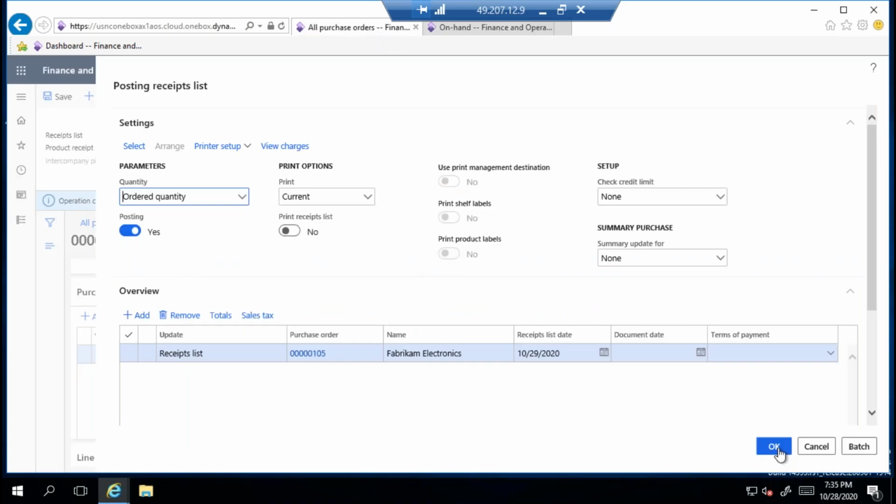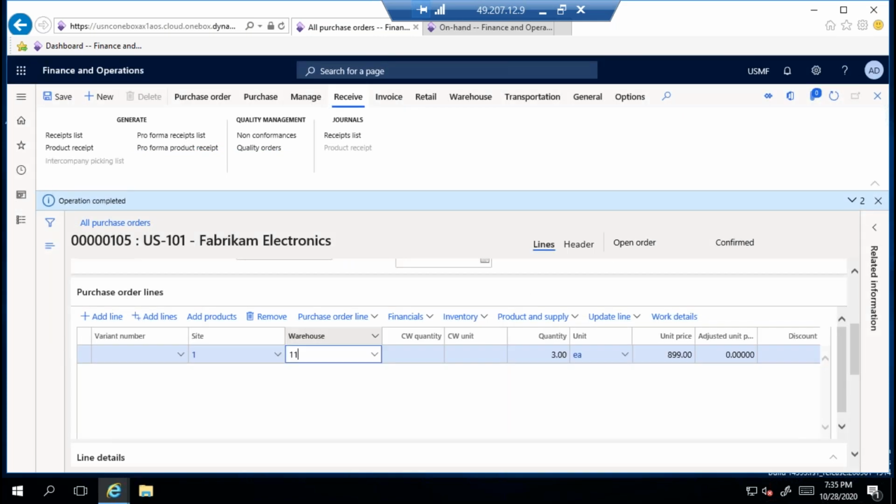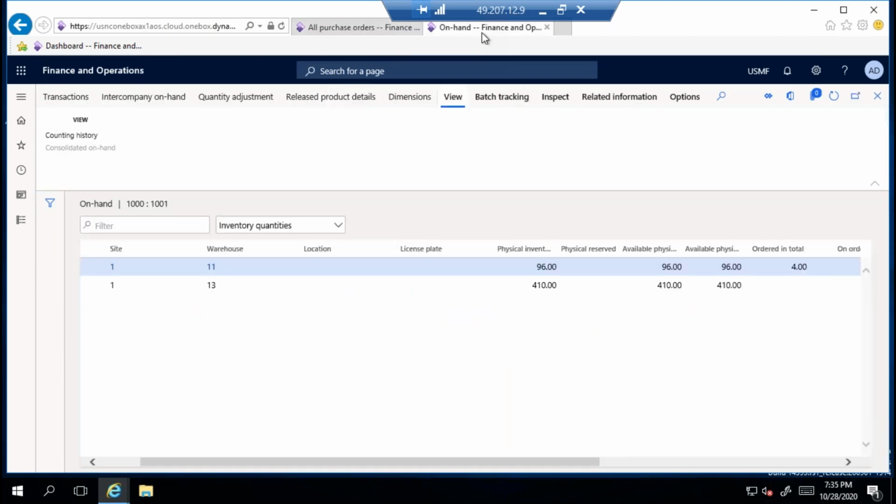So receipt list I'm updating. During this receipt list, if you are updating, there will not be any inventory effect. Receipt list means it is a kind of entry into your premises. There will not be any change in this one.